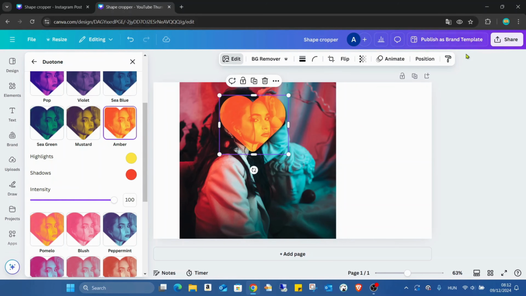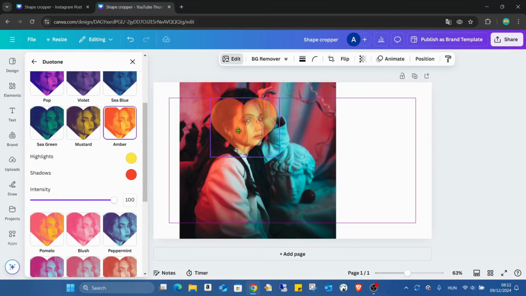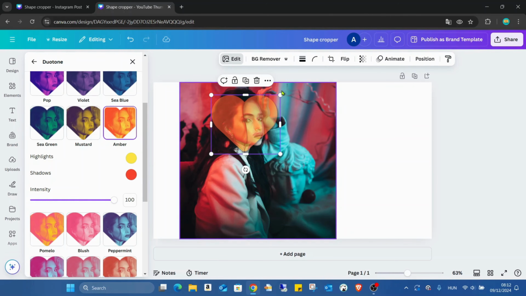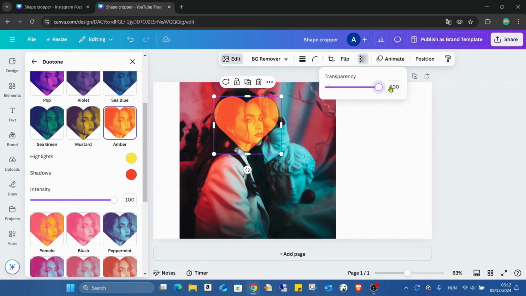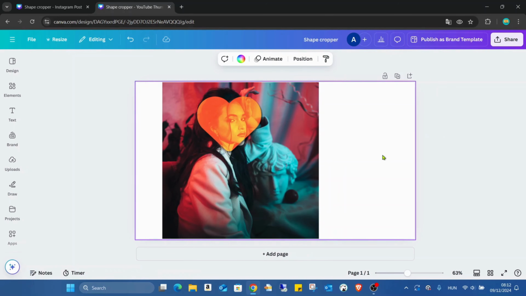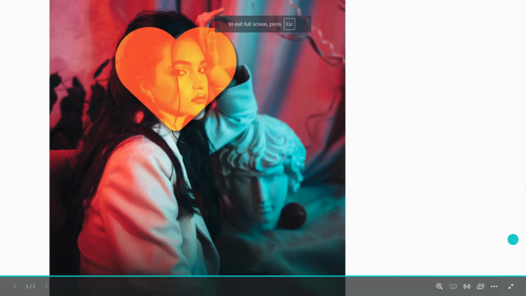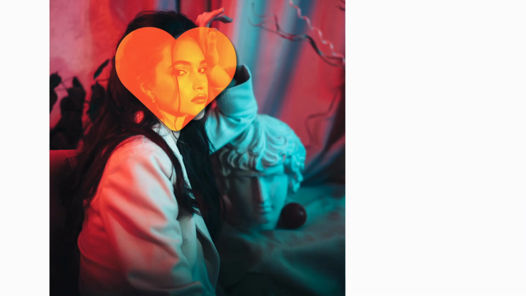It's a bit difficult, but now we're going to the transparency, reducing the transparency. Have to increase it a bit. Yeah, now it's good. And if we go back to the transparency, increasing it back. So here is the final outcome. That's actually a pretty cool feature. We can use it in